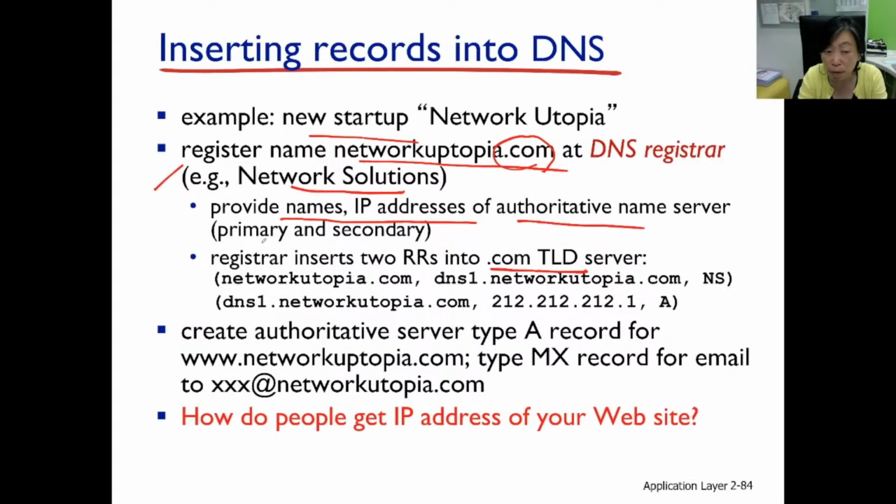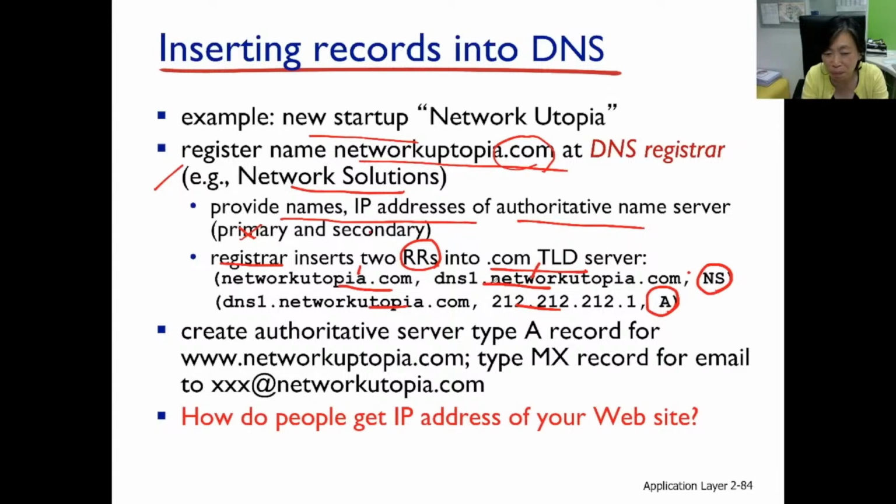Okay, so there could be a couple of them, just in case the first one failed, there's a backup. At this point, the registrar there, the network solution there, will try to insert two records. One is, of course, the name and IP address mapping. Second is the domain name and the host name of the authoritative server. So you see here, name to IP address is the type A, the classical one. This one here is the NS type, the authoritative type, where the TLD stores domain name and the authoritative DNS